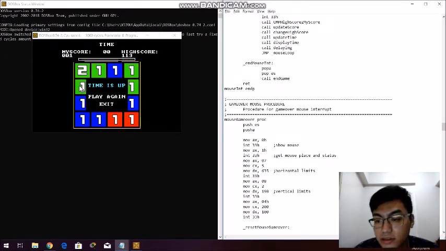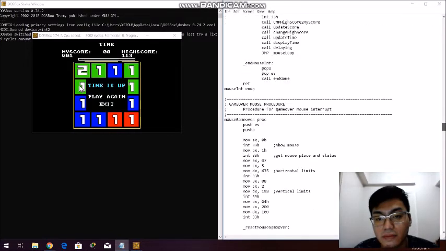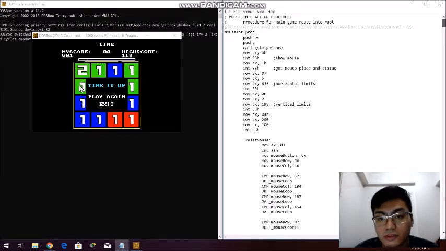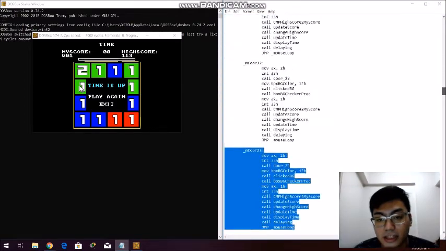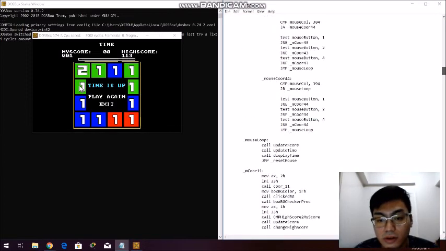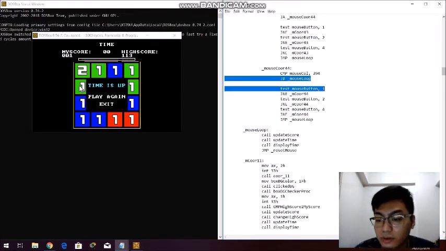So it was this. The game mouse procedure is almost the same as the mouse introduction procedure, but it doesn't have mouse coordination for